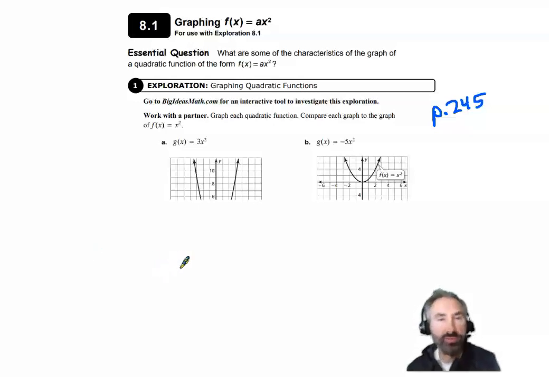Hey folks, I want to give you a quick overview of today's assignment. You're going to be working in the student journal, section 8.1, starting at page 245. You'll see that this is all about graphing quadratic equations, and we have a quadratic equation in the form of